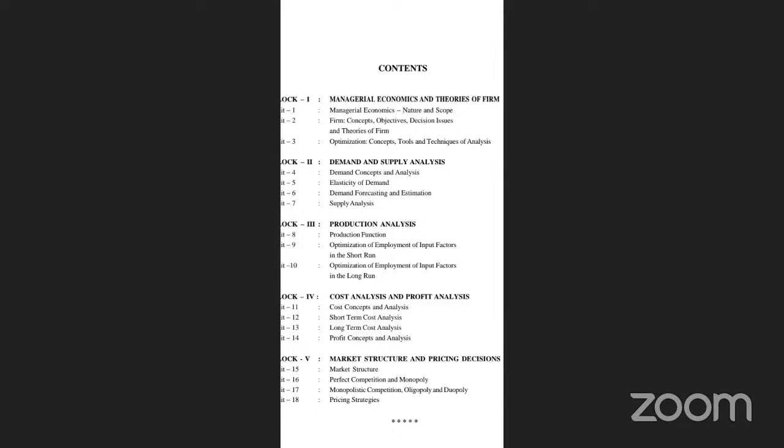Okay, optimization concepts. See, economics is all about the scarce resources which are managed, which are optimized in order to fetch the best out of the available resources. The resources are said to be scarce, and how do you optimally use the available resources is all about optimization,